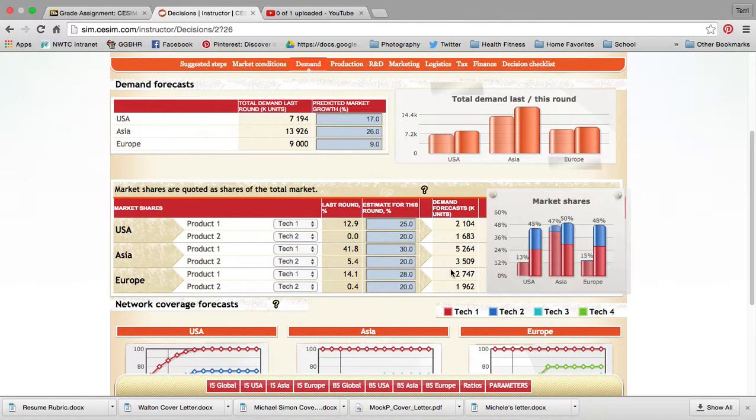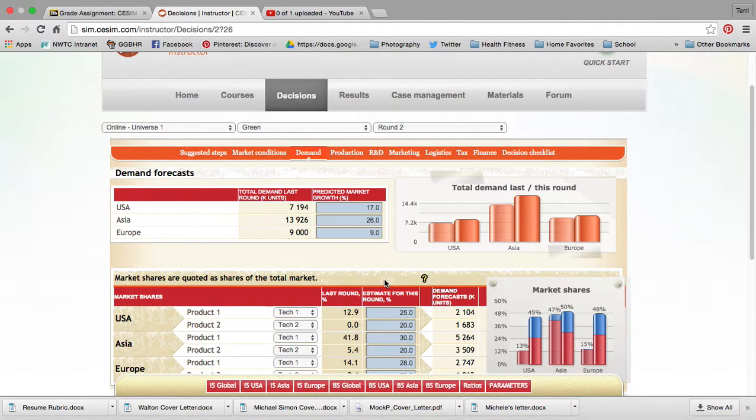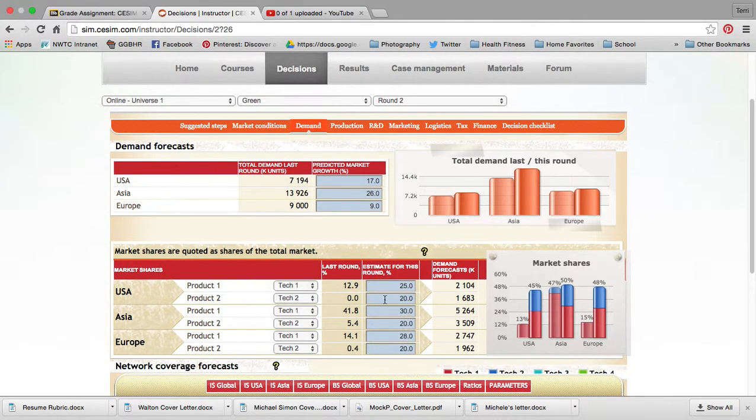This is going to be your forecasting. So when you're forecasting, remember that the easiest way to forecast is by looking at what you did last round and making it that. So that's one thing that you could do. You can also track what you did each round, and you can start to average what your market share is and put it in here what you estimate it to be. So there were several different forecasting techniques that we learned in operations class. I think it was in operations 1 for most of you that you could also try. But the easiest one is to say, well, what we did last year is what we're going to do this year. You could certainly do that, or you could just incrementally increase it a little bit from there. But definitely take a look at this and make sure that you have that set up appropriately.